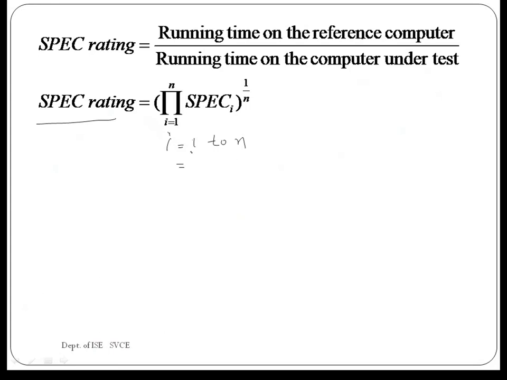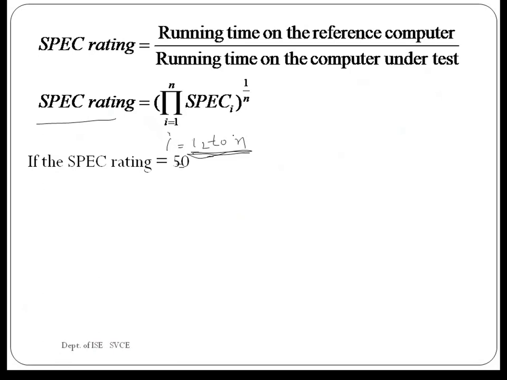Each time, the first program is tested, then it takes the second one. Like that, depending on how many programs are available in the benchmark, that many programs are executed, and it is going to measure the performance. So this is one simple formula that can be used to measure the performance of the computer.